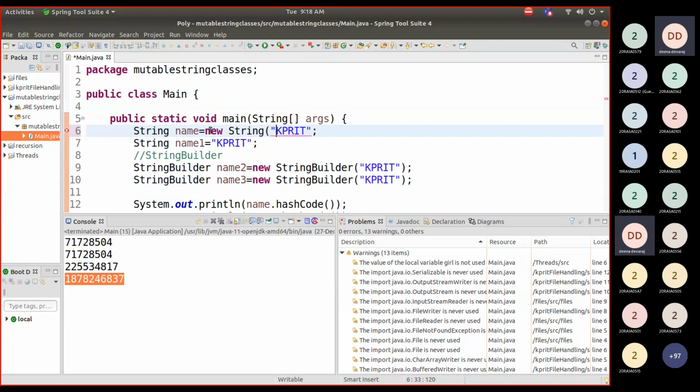So here you can also do it like this, new String of. It gives all this flexibility. There is no restriction that you should not do it. You can do it like this also, new